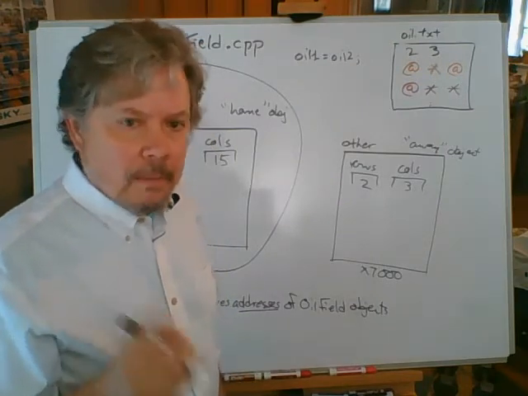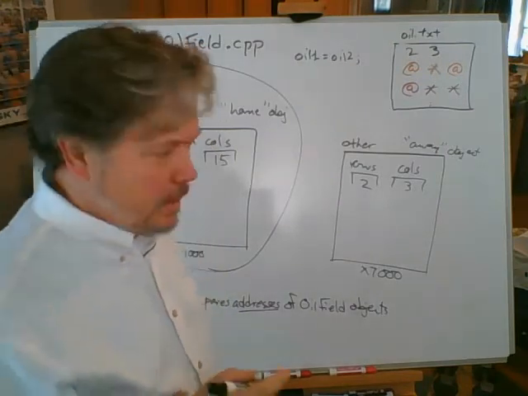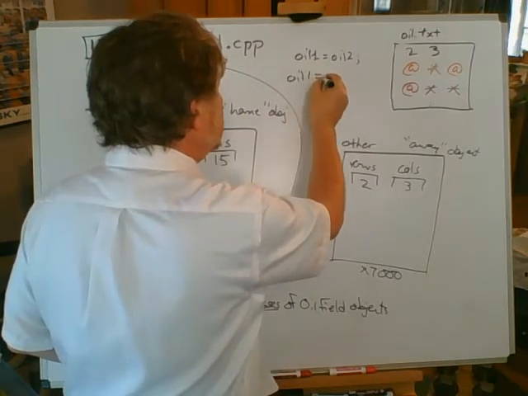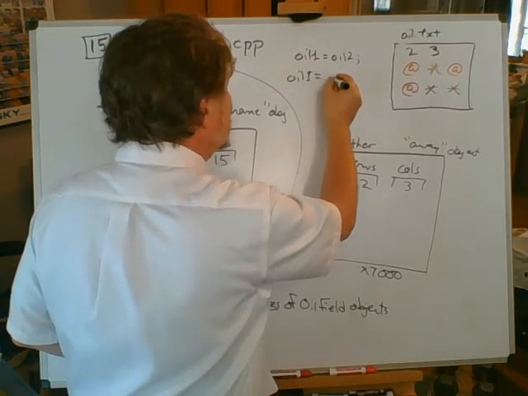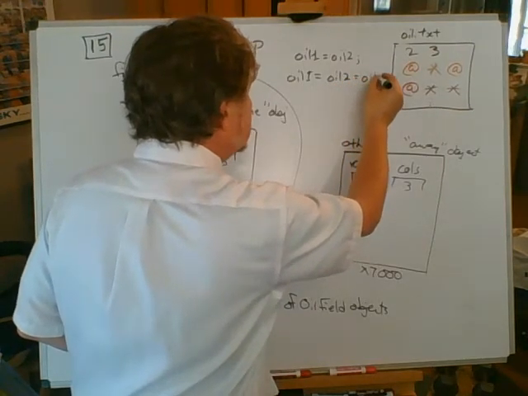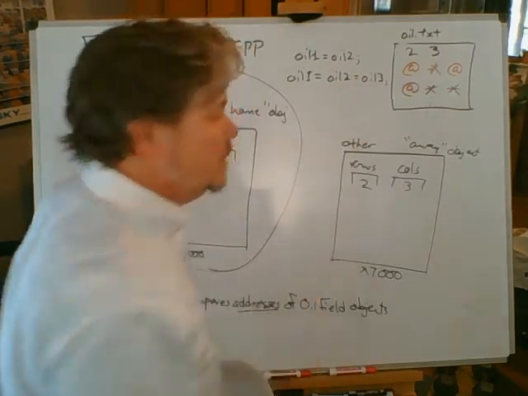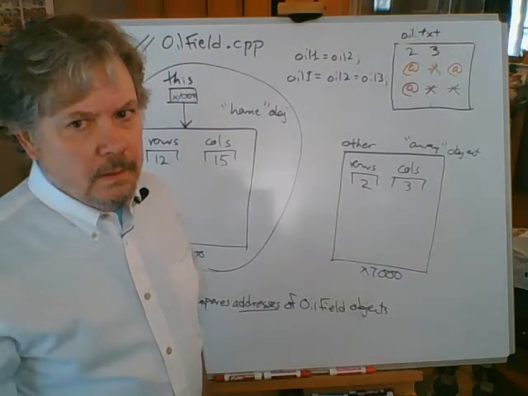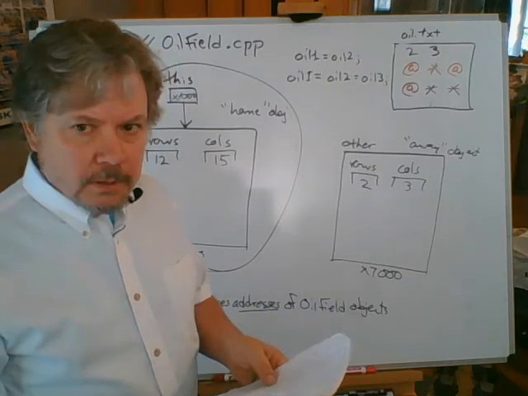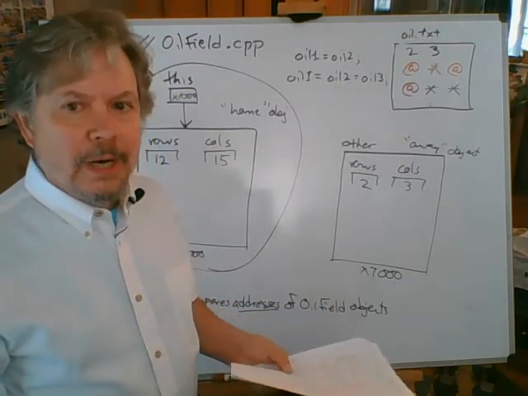Again, to accommodate weird syntax. It's probably not a good idea, but it's not illegal to do this. Oil 1 equals oil 2 equals oil 3. That's what we're accommodating by returning a reference to an oil field object